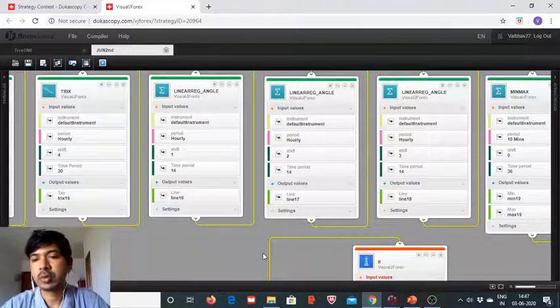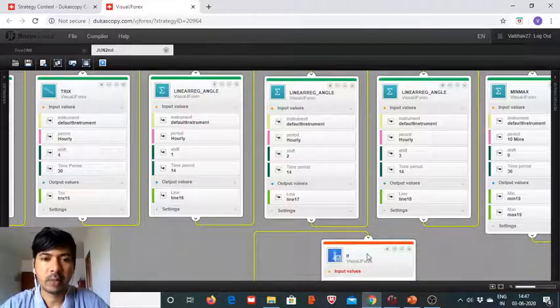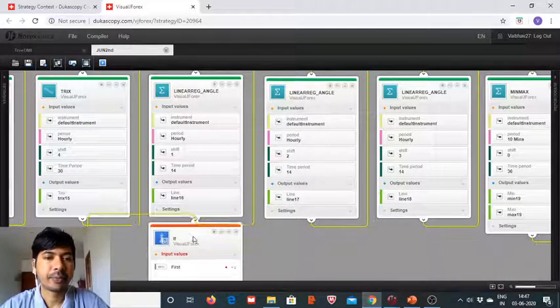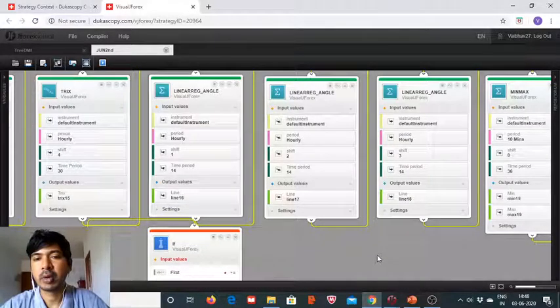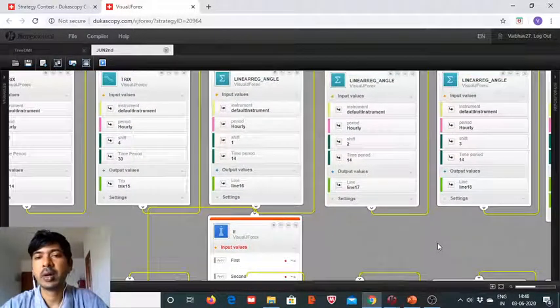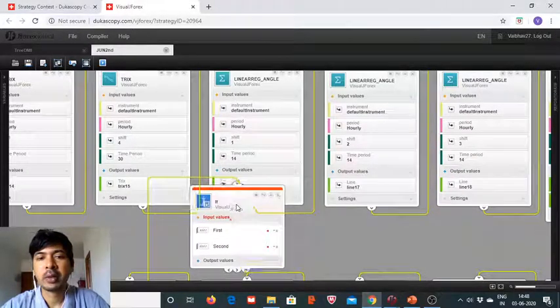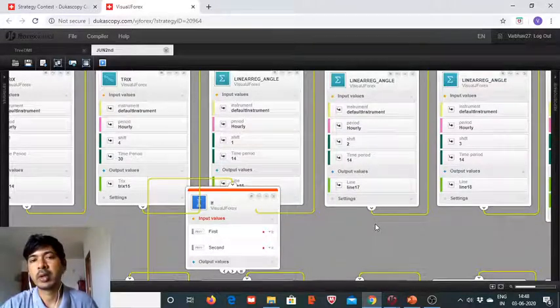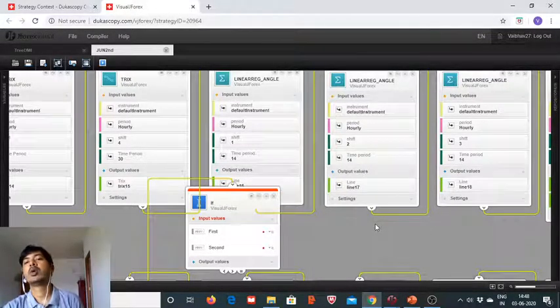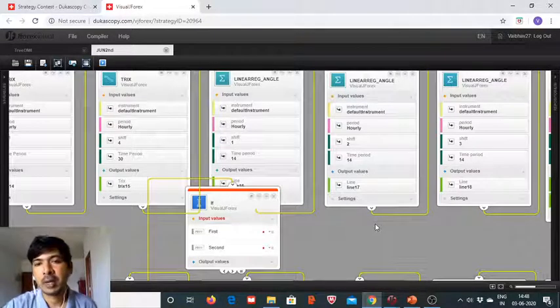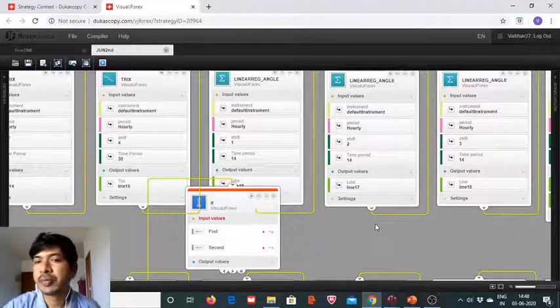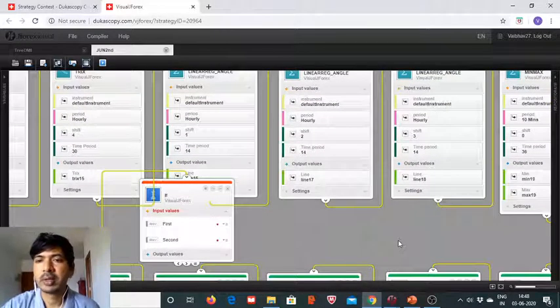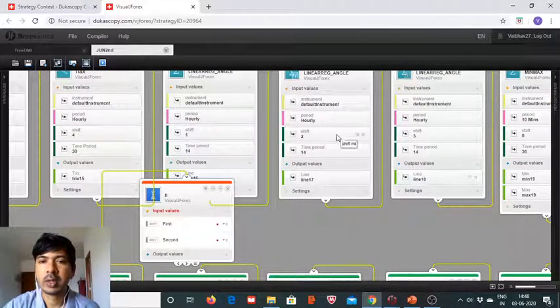The turning point should be the change of momentum in the linear regression angle, and for that we will need to compare the linear regression angle with value shift 3 and shift 2 and then shift 1 and shift 2. So here the penultimate candle linear regression angle should be less than the linear regression of the candle with the look back period 3. So we take this